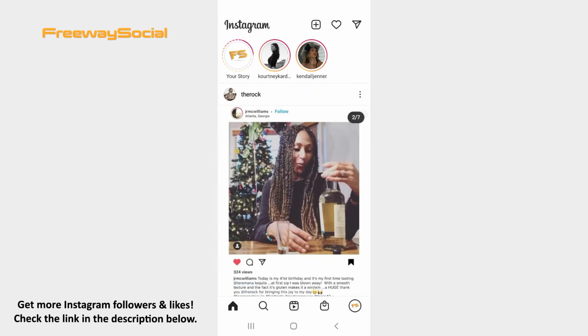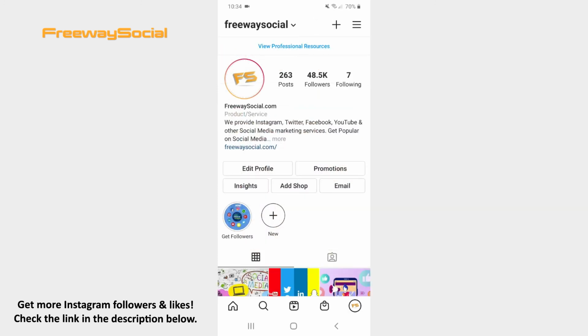That's it! I hope this guide was helpful and you were able to use an Instagram Stories layout feature to make a photo